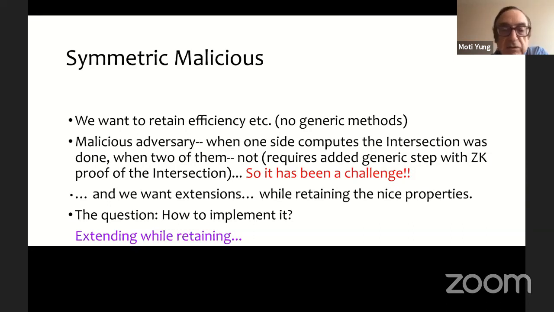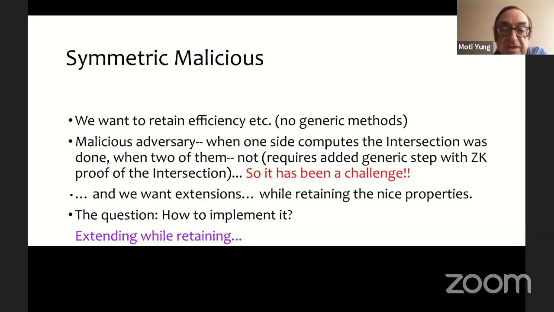There were many solutions for one side being malicious, or one side computing the intersection and the other side being malicious. But we wanted the two sides to compute the intersection. If you follow these protocols that were designed for one side malicious, then one side computes the intersection, it has to bring it to the other side, and just bringing it to the other side and proving that it's the right set makes the protocol typically inefficient.